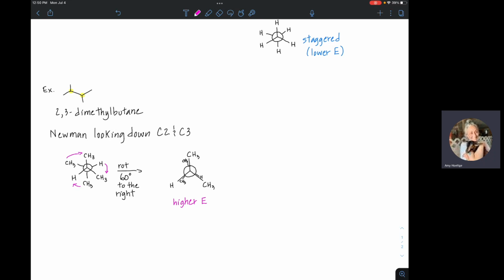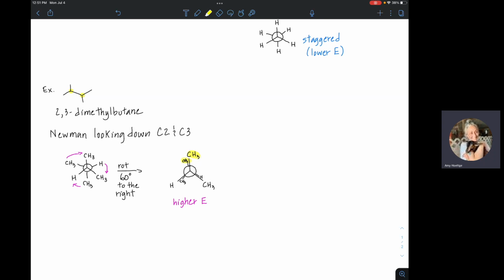Because it's putting these 2 methyl groups one right behind the other. So those 2 methyl groups are eclipsed in that particular case. I mean, all these groups are eclipsed, but the methyl group is bigger than a hydrogen, so that's kind of a big deal. When you're looking for the minimum energy conformation, you're looking for something where you have a molecule